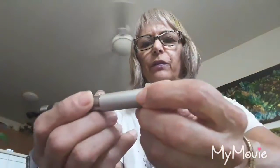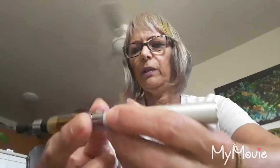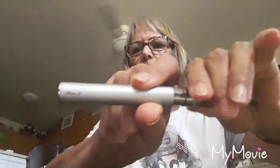Well, they say starting at $5.89. That's because piece by piece they charge you different things, so it really does cost more than that because you have so many different sections that you have to buy, and then if you don't have one of these, you need to buy that as well. So the juice does add up. But it is one that's good, and if you want to see it up close,